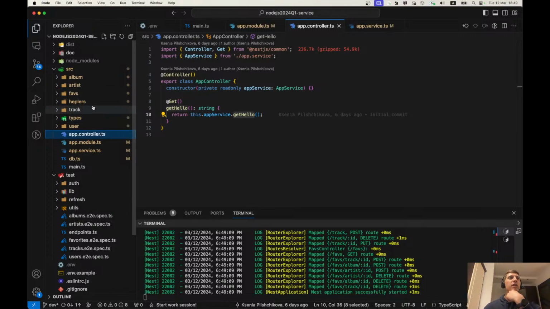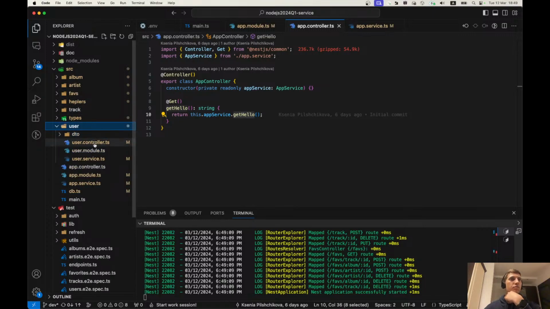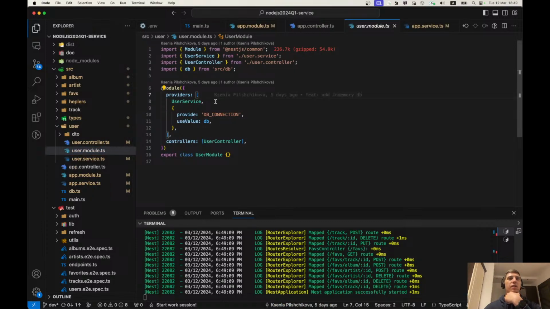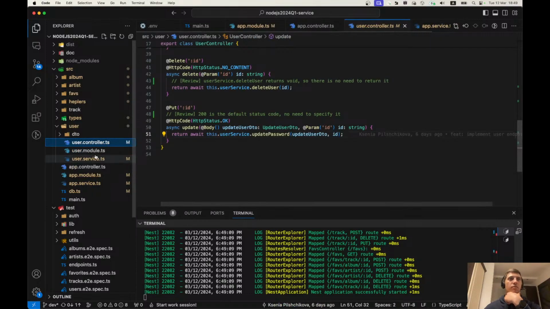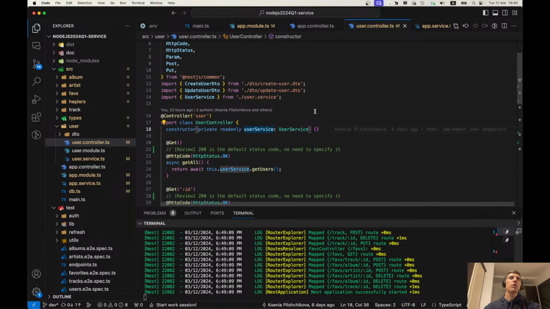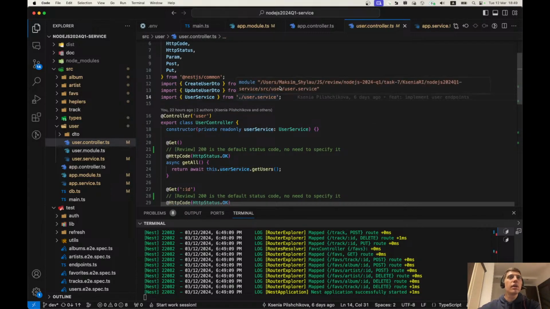Let's probably take a look at users. Let's take a look at the module. It collects providers, and it provides us with a controller. Here we inject the database connection, okay. Let's take a look at the controller. Our controller, as you noticed,